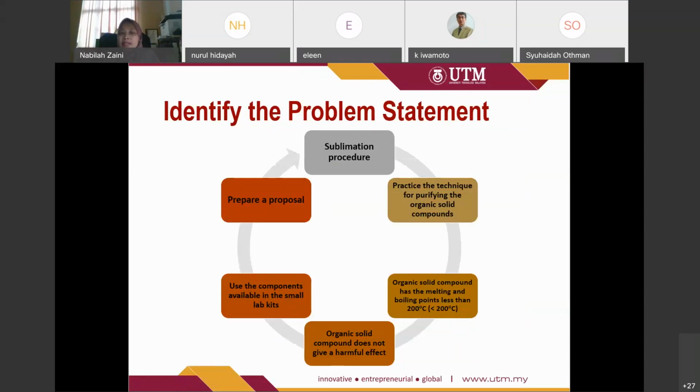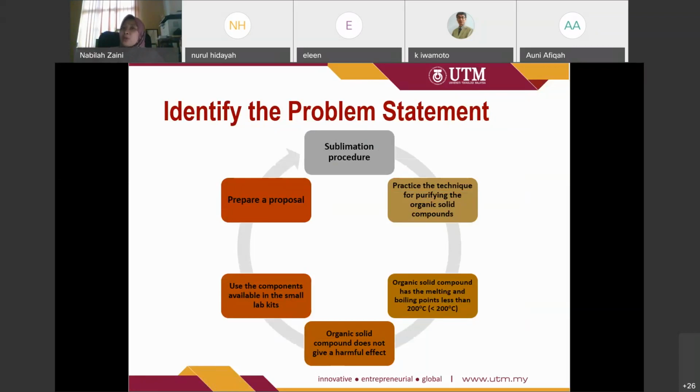The details about the small lab kit are also provided in the UTM e-learning, so you can revise and practice imagining what steps can be conducted using all the components in the small lab kit. After you identify the organic solid compounds, the hazard levels, and the components in the small lab kit that can be used to fulfill the procedures that you plan,